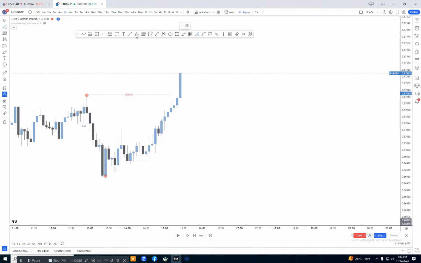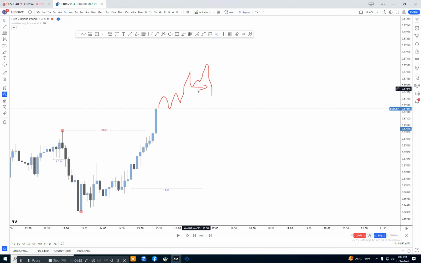For this high, where is our inducement? For this high, our inducement will be at this area like that. This will be our inducement. If the market comes down to the downside and takes out this inducement, then this higher high will be confirmed at this point. In the second scenario, if the market continues to push to the upside and creates a new inducement like that and takes out the inducement at this area, then our inducement will shift from this area to that area, and after taking out the inducement, our new high will be confirmed at this point.